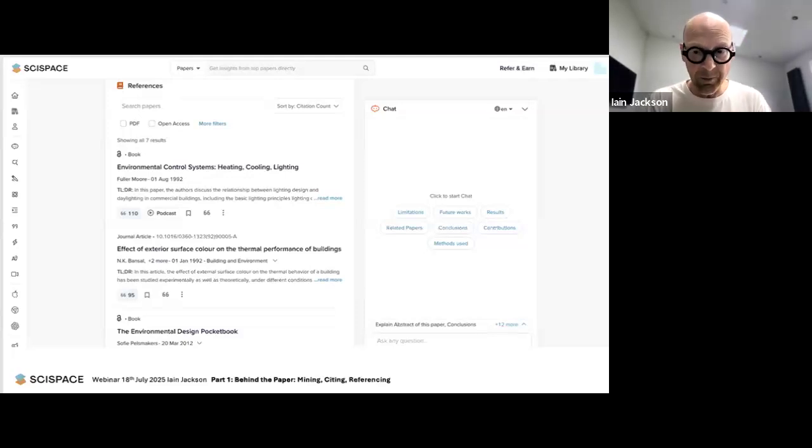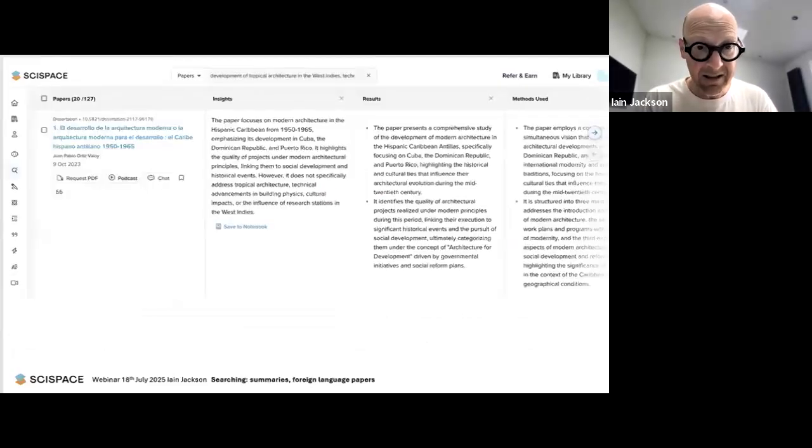It's completely overwhelming. You might have 200 references on the go when you're working on your PhD. And you can add these to the folders in SciSpace so that they don't get lost, and you can close down the 50 browser tabs that you've got open and that you're never going to read. And start this systematic reading. And the way you can do that is by using SciSpace column layout.